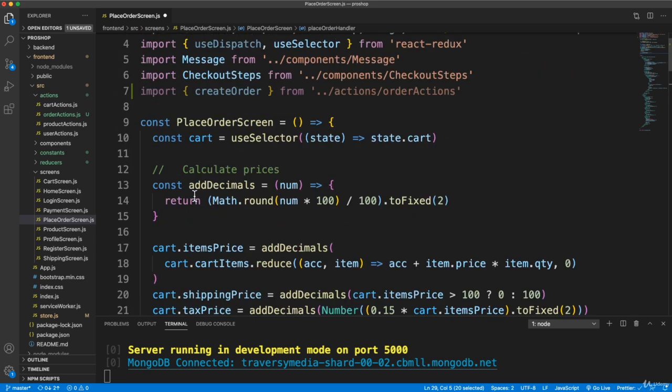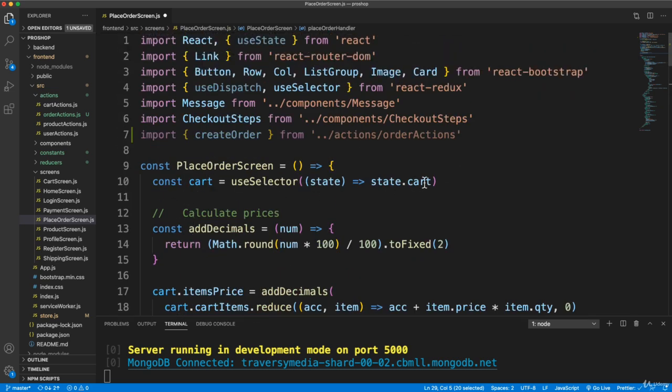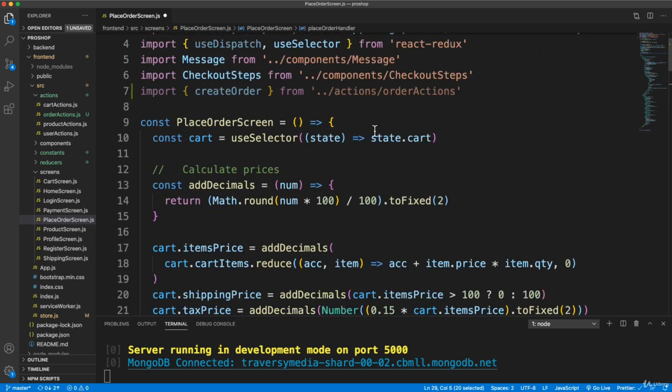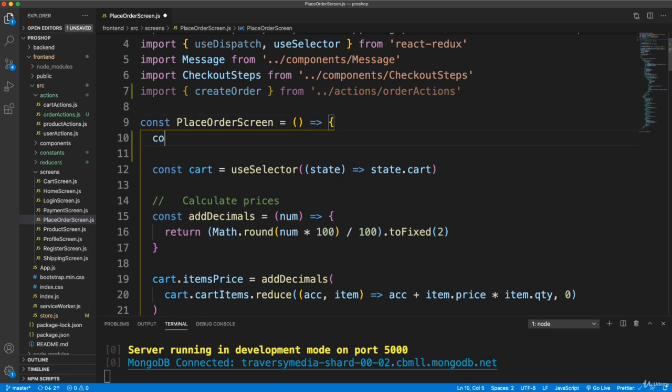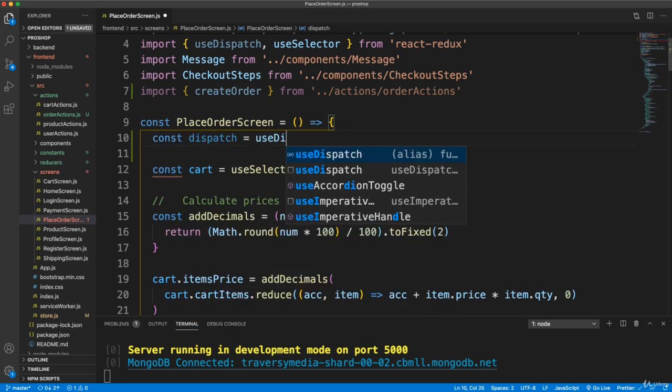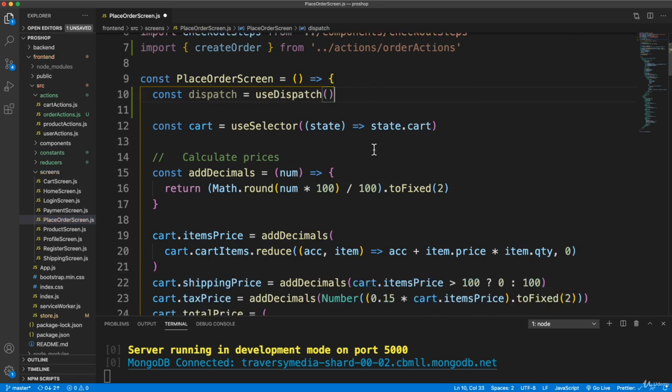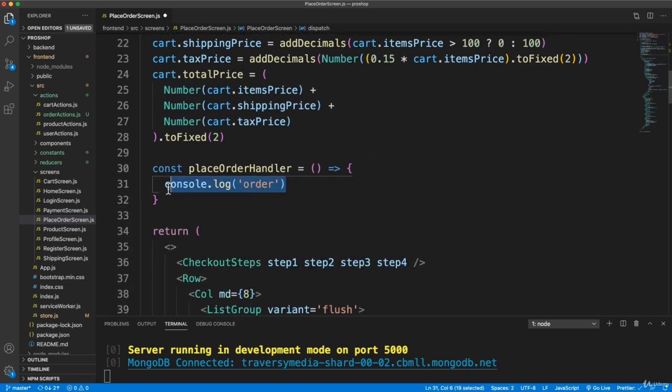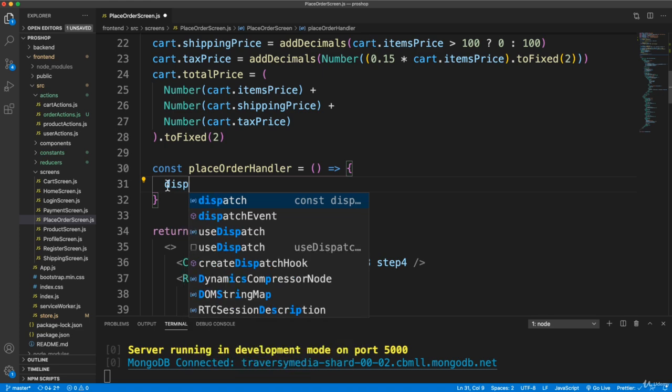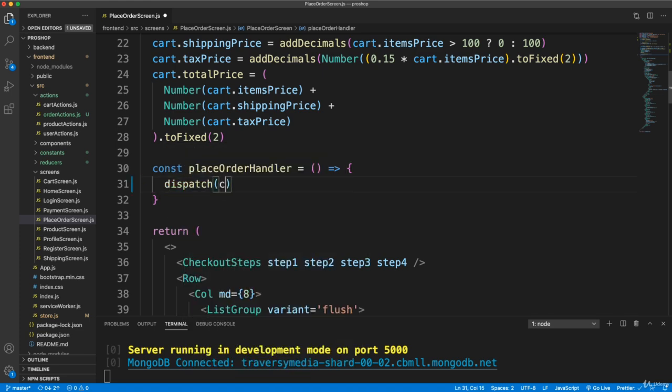So let's see, did we bring in our dispatch or create our dispatch? No, we didn't. So let's go up here and say const dispatch equals use dispatch. And let's say dispatch create